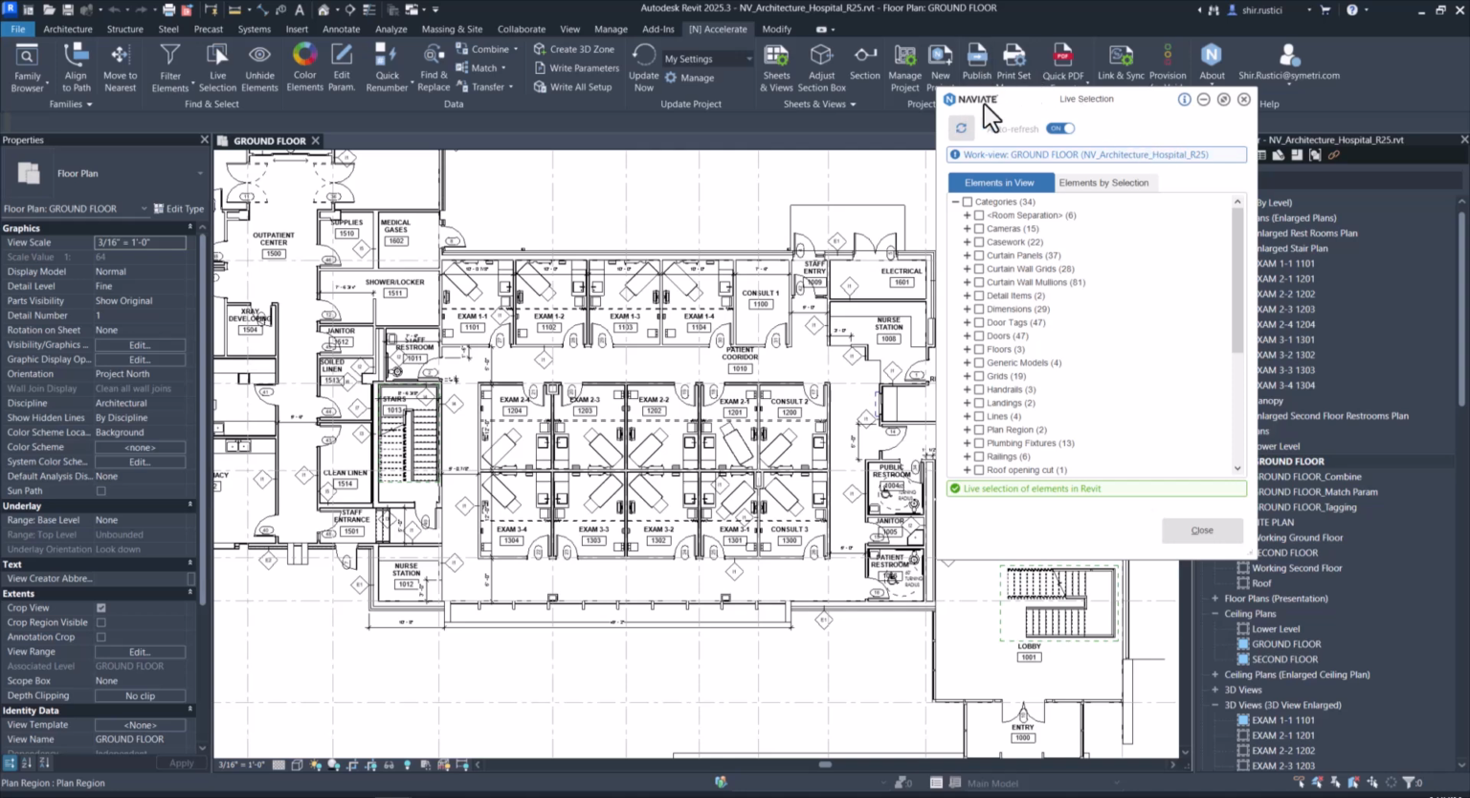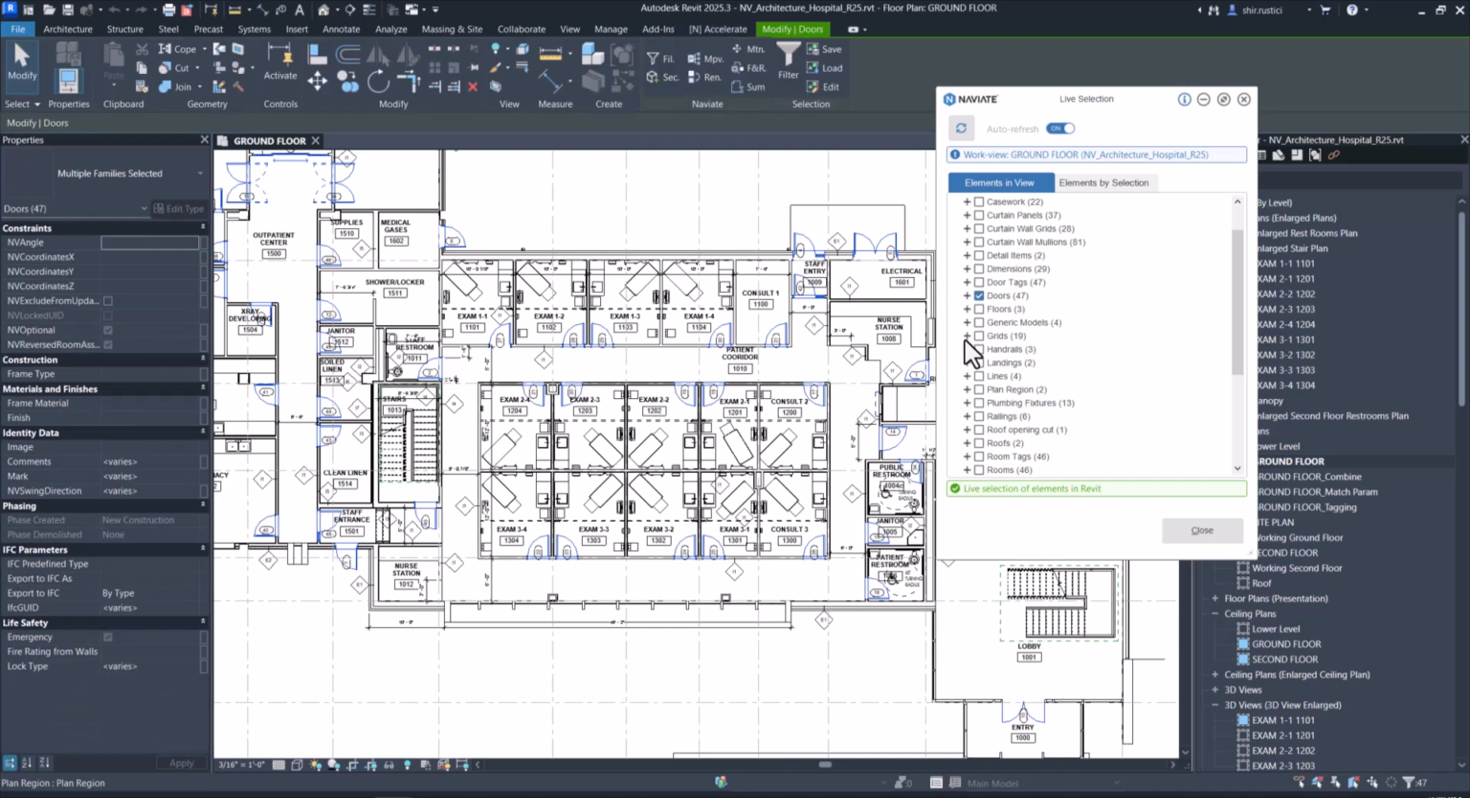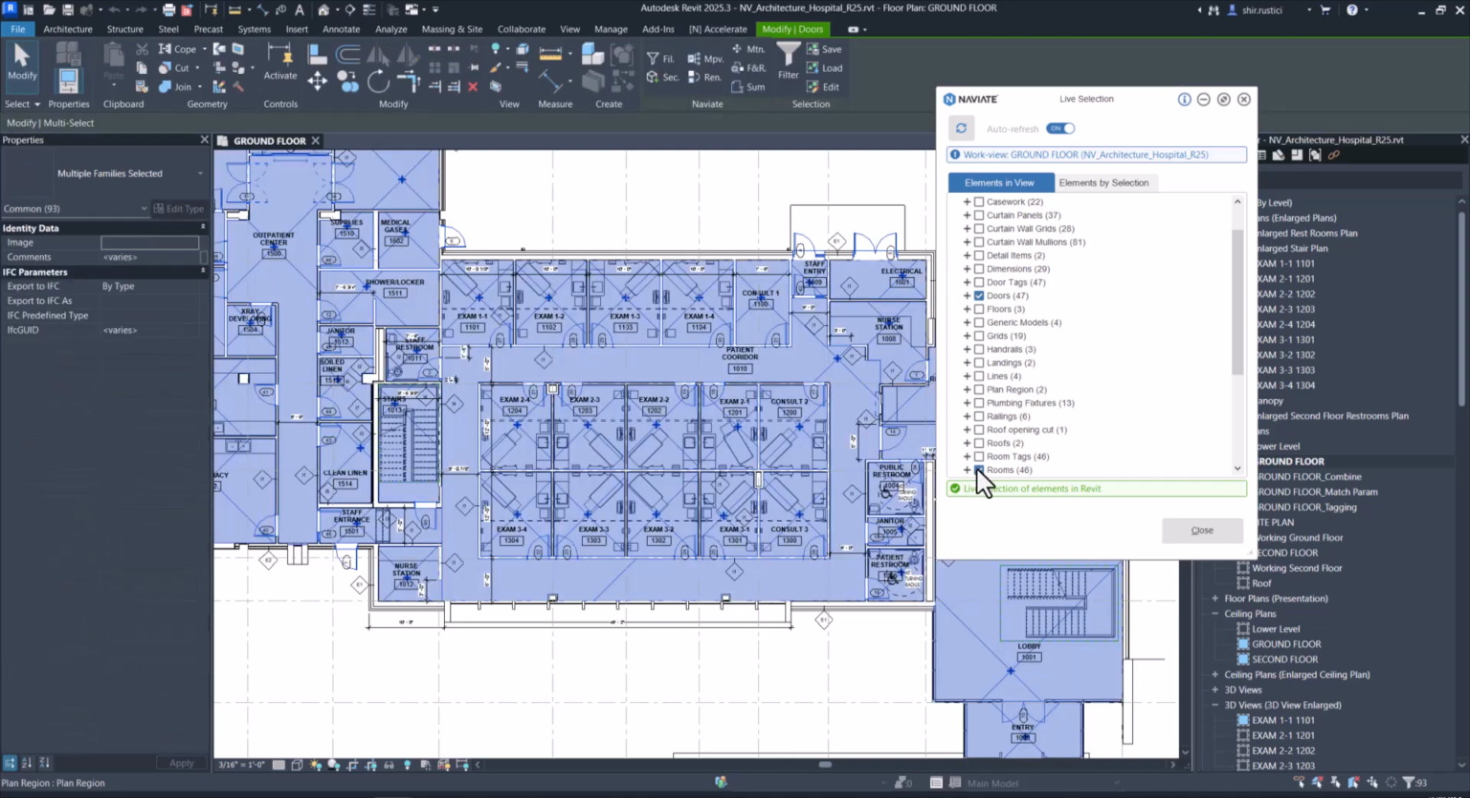In the dialog, you'll see two tabs at the top, Elements in View and Elements by Selection. Elements by selection will be used when you have elements pre-selected, and we'll look at that in a moment. Elements in View will show me all categories available in my active view. I can then look at all of the categories and either check on an entire category or even multiple categories